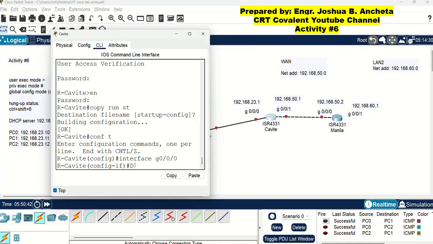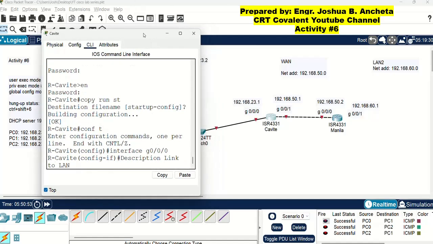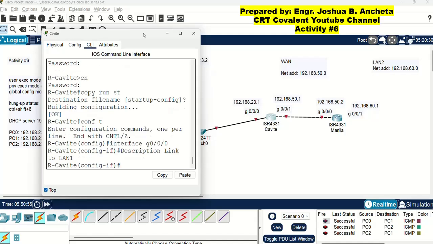Then let us use the description command. The description is link to LAN 1. This is just to describe that the port G000 is connected to LAN 1.